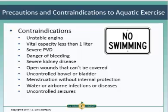All right, so when would we not want to get someone in the pool? So if they have unstable angina, they're having chest pain, you don't want to get them into a pool. If you think of what may happen if they have a cardiac event and they're in the pool, it's going to be more difficult to save them, to get them out of the water before you start CPR. Having a vital capacity less than 1 liter, again, the pressure on your lungs is significant. So if they already have a significantly limited vital capacity of their lungs, you don't want to put them in the pool. Right, severe peripheral vascular disease,